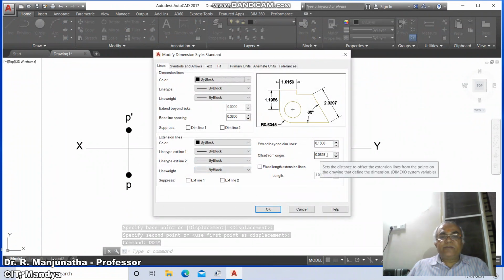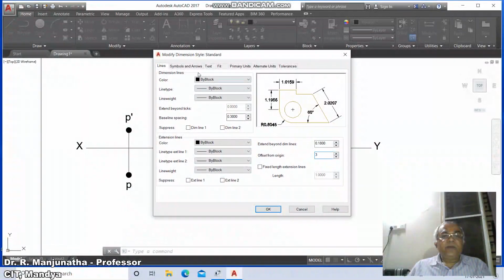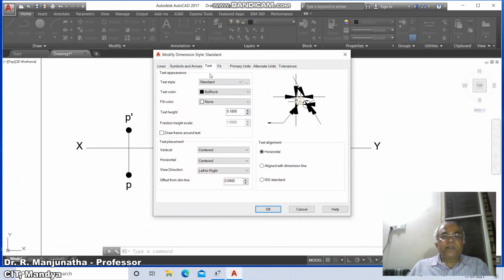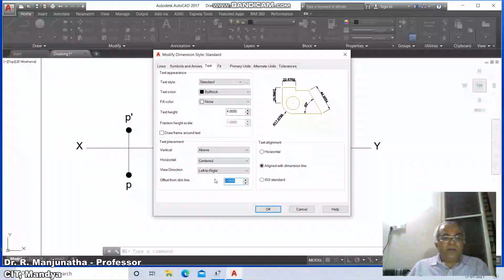Then go to DDIM and go to modify. Take the offset from the origin as 3, then go to symbols and arrows, make it 4, and go to text and make the text height 4. Vertical alignment is above, align with the dimension line, and offset from the dimension line is 3.